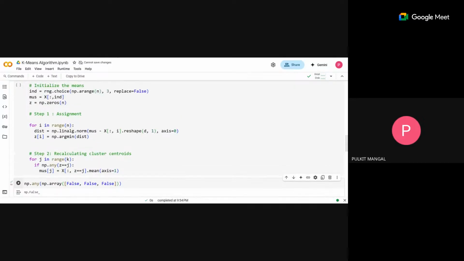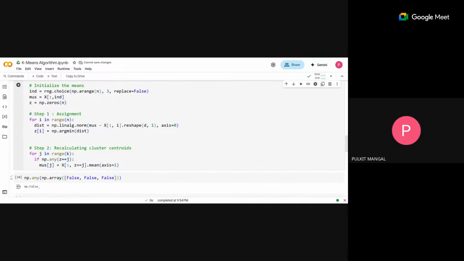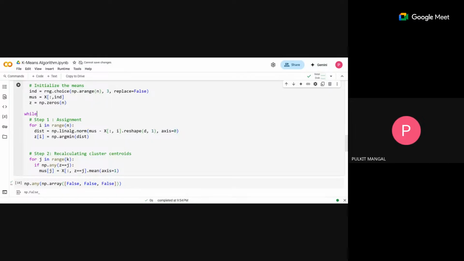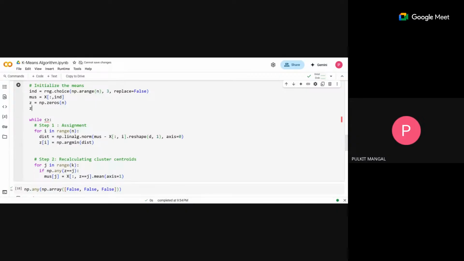Now we have to run both step 1 and step 2 until when? Until your cluster assignment does not change, right? So while something is not true here, we will do these two steps. We also have to create one more variable here, z previous. So z previous is the previous cluster assignment, and z would be the new cluster assignment. And while these two are not equal,